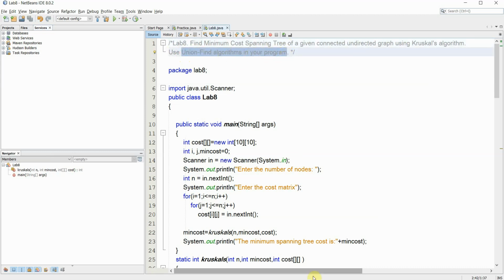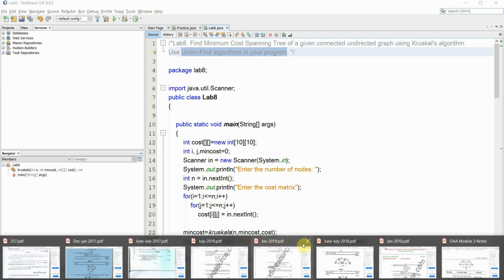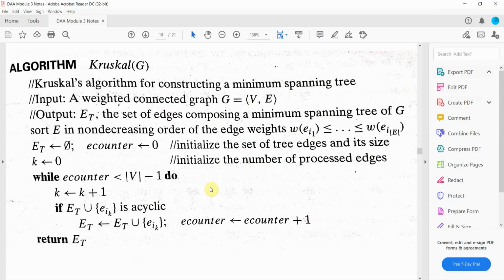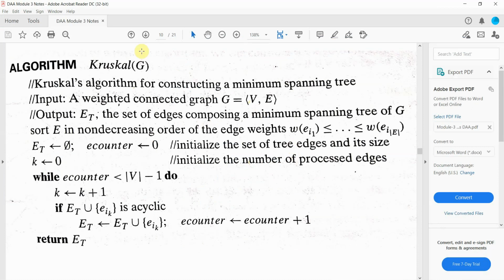So if you look at the Kruskal's algorithm, what we do is we go on considering an edge, and if adding an edge to a set is acyclic, then we add that edge.